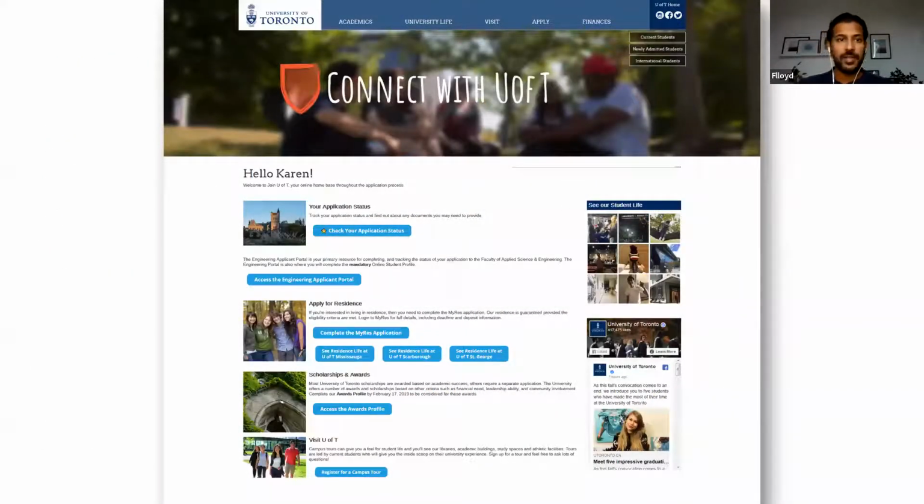Here's a look at maybe an applicant to engineering. When they come to their main screen, you'll notice that there is a button to access the engineering applicant portal. This applicant portal is slightly different than the one that you saw before, and it's specifically for engineering students.